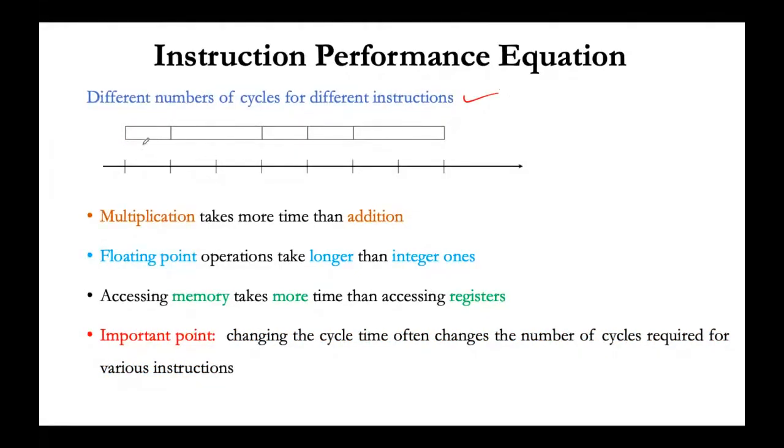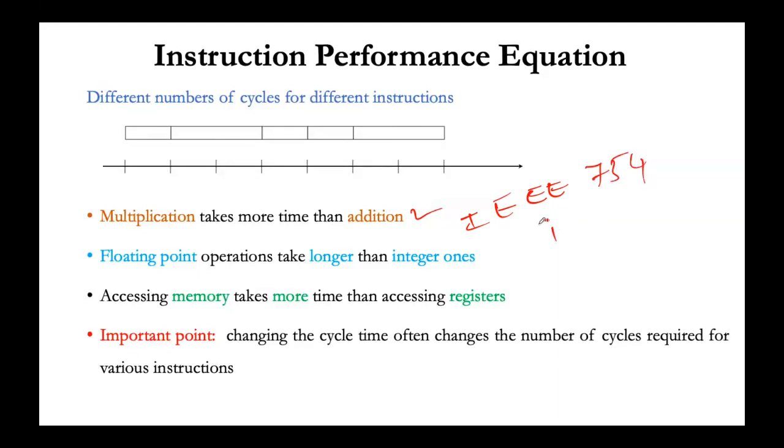As we just saw, some instructions may take 1 cycle, some may take 2 cycles, the remaining may take 1 cycle, some may take 3 cycles, it differs. For example, multiplication takes more time than addition. And floating point operations take longer than integer ones, as we saw in the previous example. For floating point, to represent the IEEE 754 format,